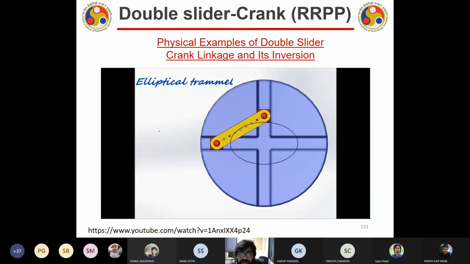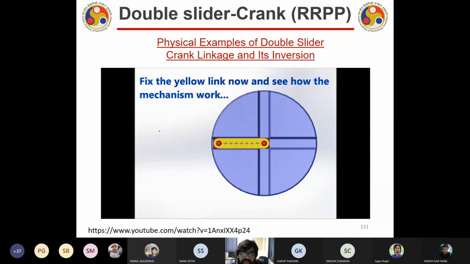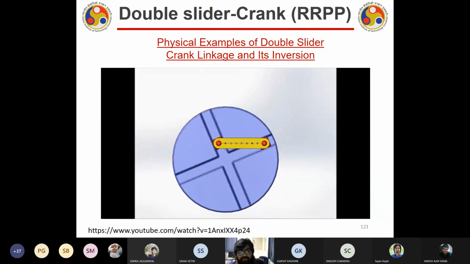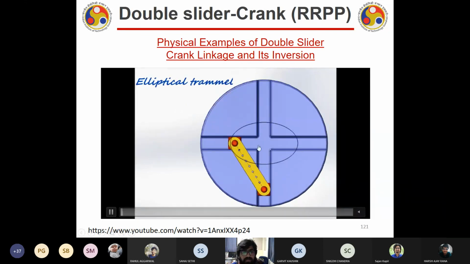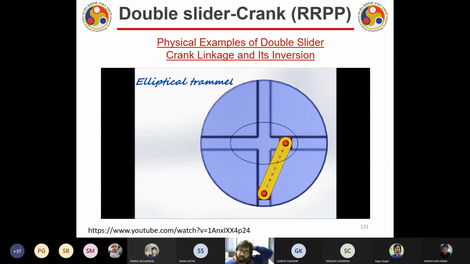So what is happening here? I am taking any point and it is showing the locus of the point, and it is nothing but a circle. Now I'm talking about something else, but you just observe till this point. You see that I'm taking a point over here. It is making a circle. I can extend it, and then also I can see it will make a circle outside this. Fine. Now, Harsh, can you tell me, is it possible that any point x, y on the crank can also generate a circular motion instead of elliptical?